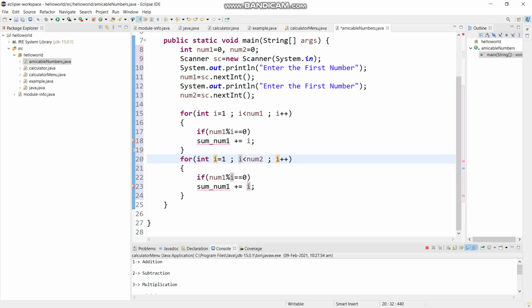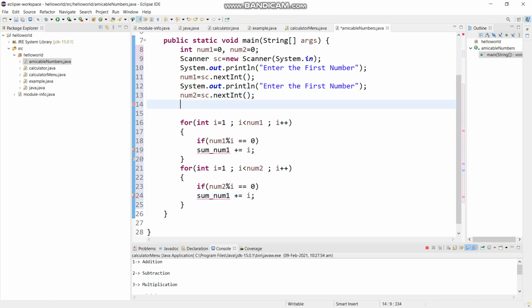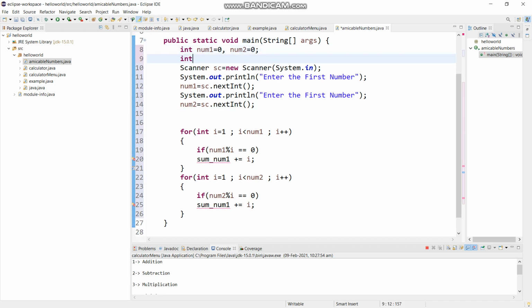The program is not complete right now, because we have just given the commands for making the factors. I also have to initialize the sum of the factors of number 1 and the sum of the factors of number 2, so they can have a value starting from 0. Also I should cancel the initialization of number 1 and number 2 because we don't need it.